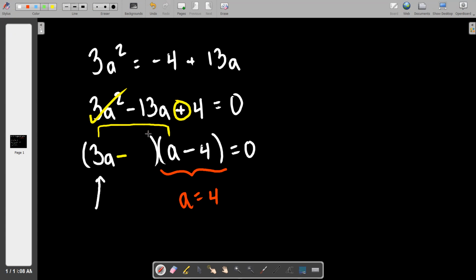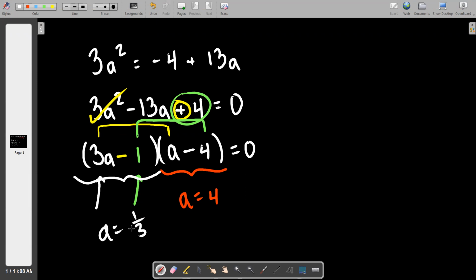Follow my little green connector here. What has to go where this green arrow is pointing so that it multiplies by 4 to make 4? 1. And having said that, now you can look at this and say, oh, of course, I knew that. What Desmos was telling me, look at the answer that comes. I assume by now you've done enough worksheets, you know that that means that a equals 1 divided by 3, right? And then you go back and you look at it, and in hindsight, you're like, oh, Desmos was telling me